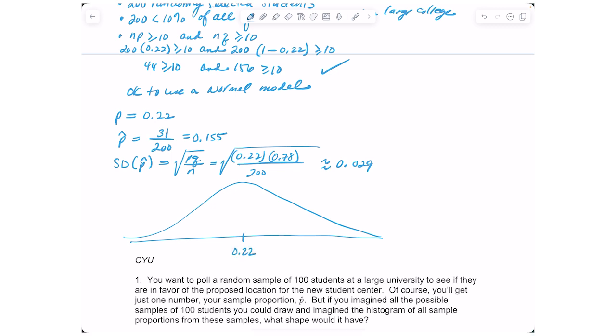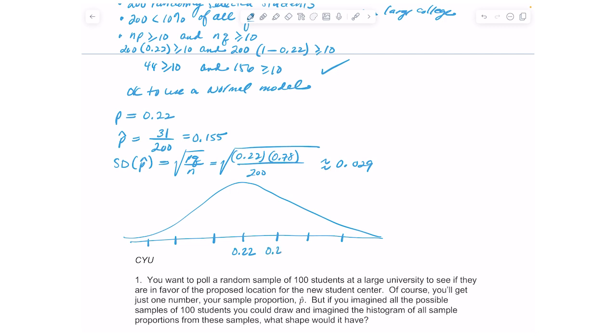And then we could go 3 standard deviations in either direction. Okay, and what I would do is I would just add 0.22 plus 0.029, and I would keep doing that to get my next increment. So if I do 0.22 plus 0.029, I get